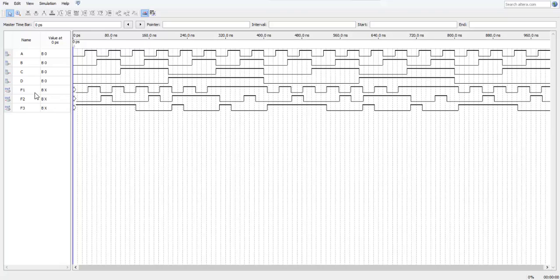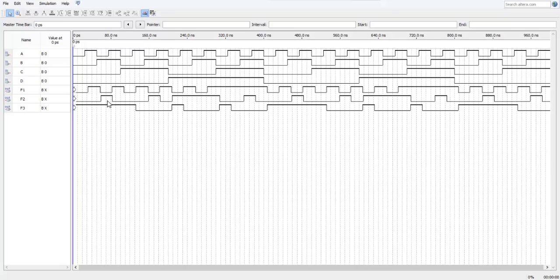The first function, (X plus Y) into Z, can be verified from right here. It is on whenever A is on. It is off when A is off and X or Y is off. If any one of the X or Y inputs, which is actually C and D, is off, the output is shown as off. The second function, which was A complement B plus C complement D, is on whenever